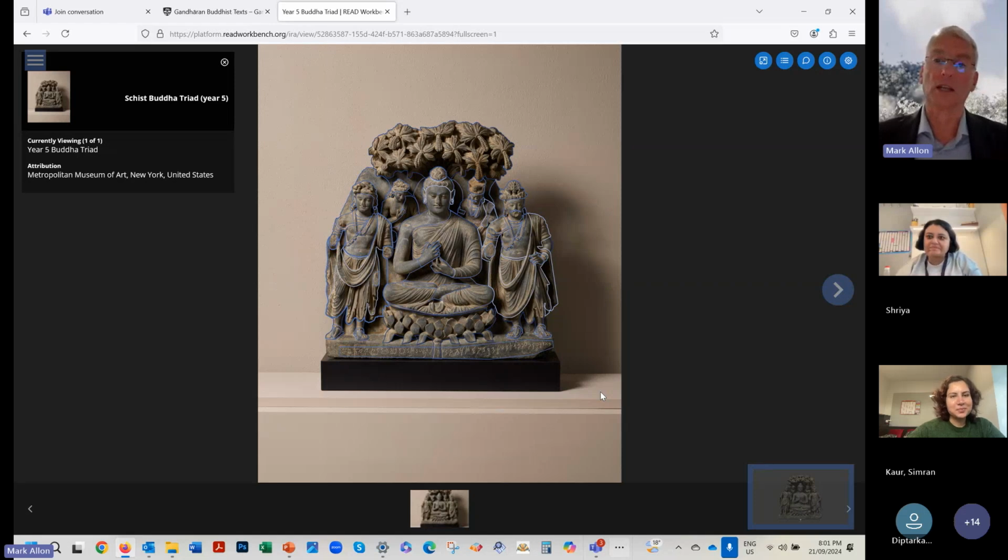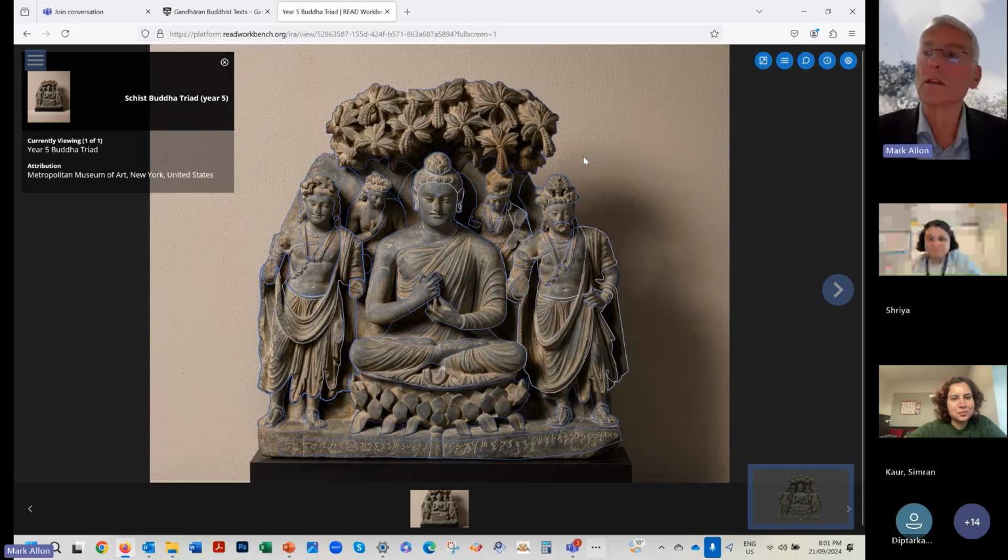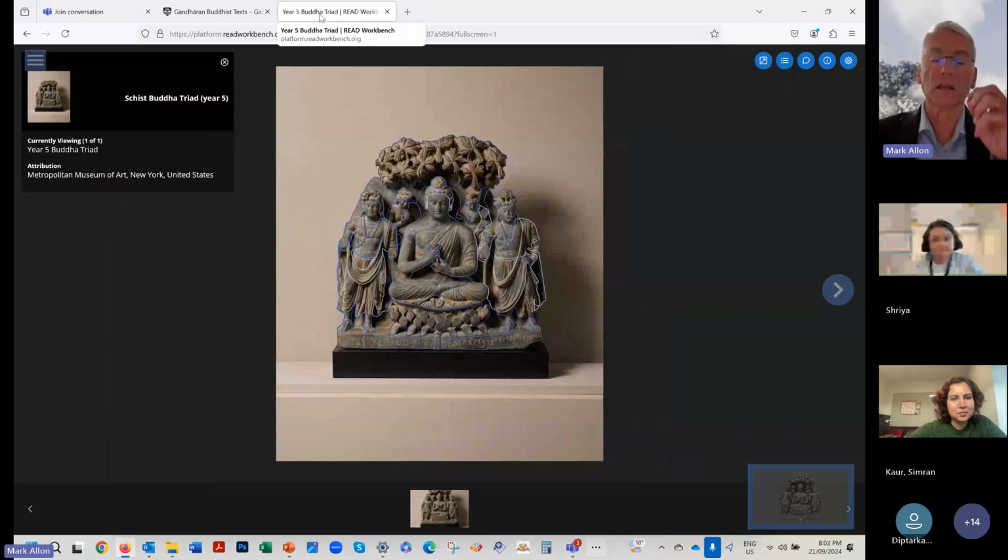And then, as I mentioned, we have a story map now. I don't think I can bring it up easily, but the story map was created by one of my students who's now the lecturer of Sanskrit at the Australian National University.